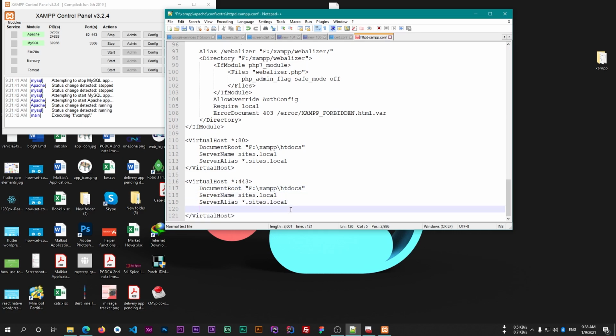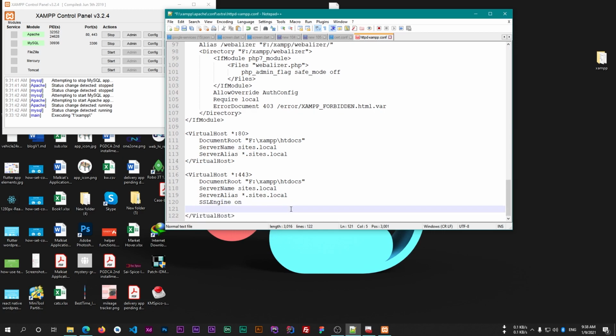So we have to pass a few SSL configurations. So first of all, turn on the SSL engine. So SSLEngine on. This will turn on the SSL engine. Now we have to pass the path of the certificate file.